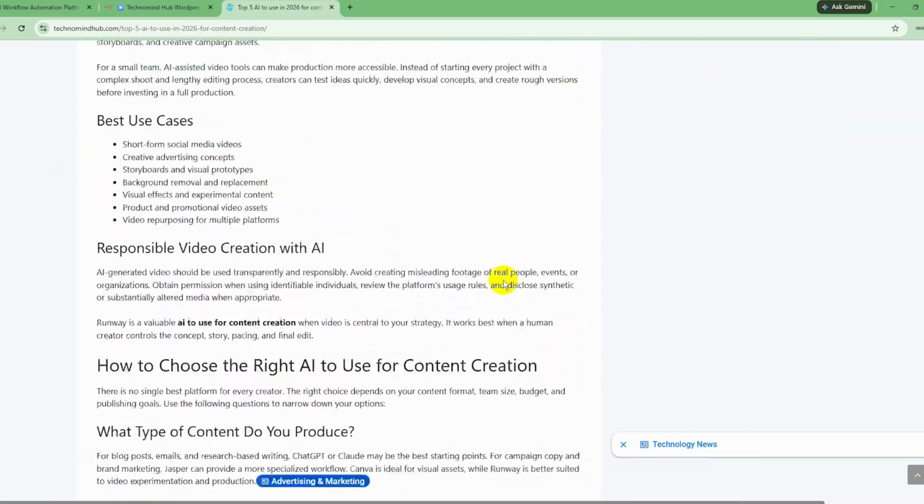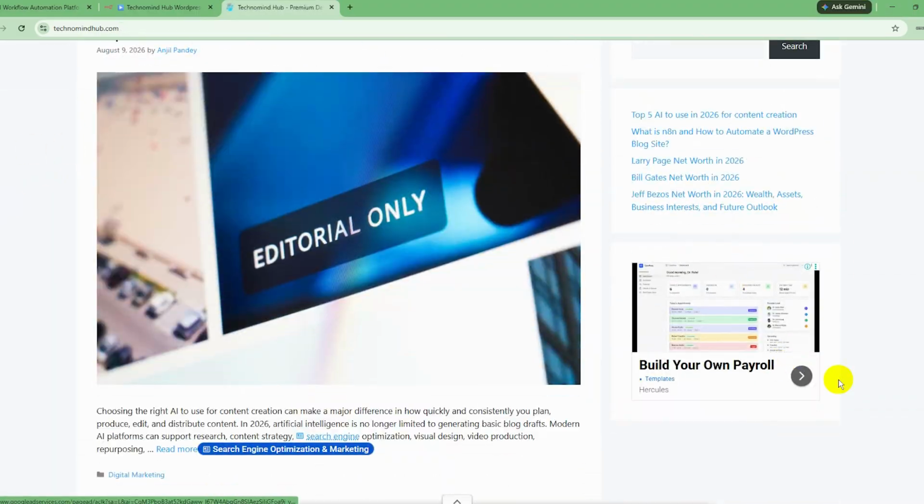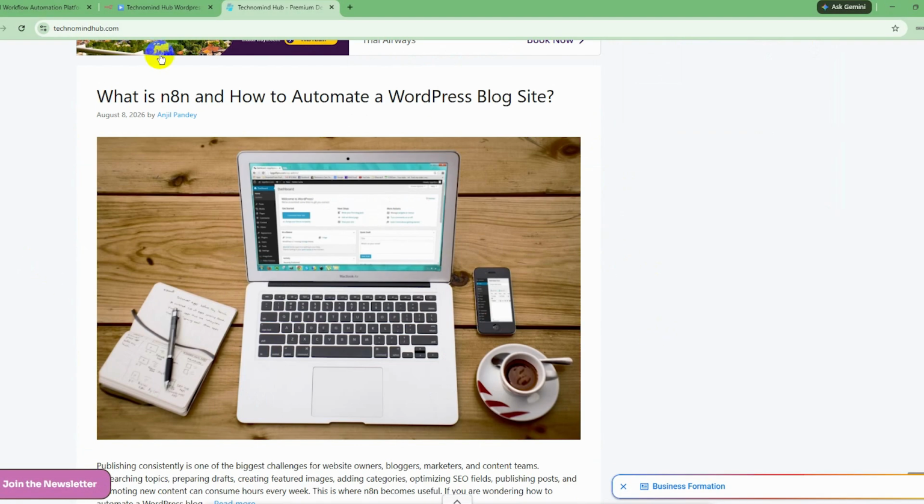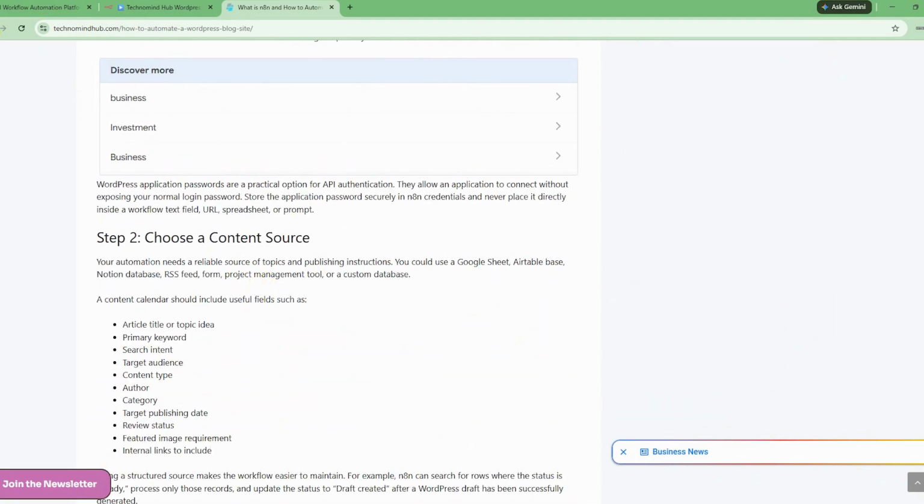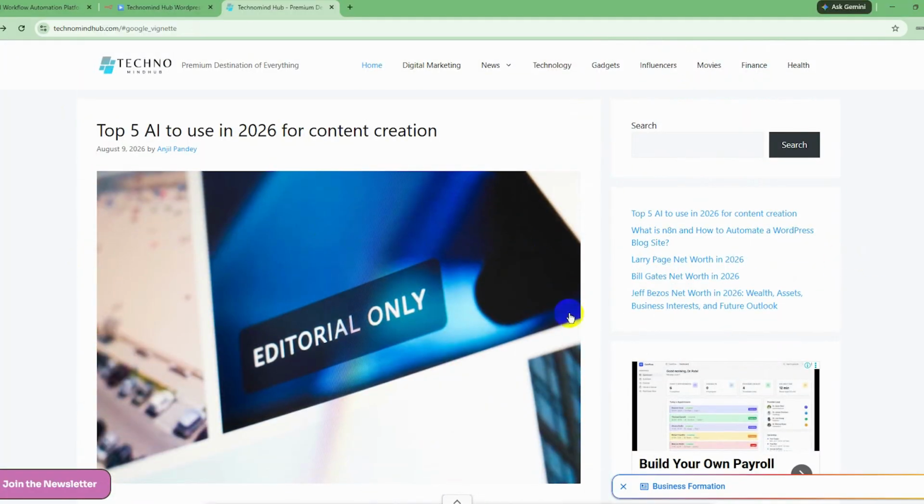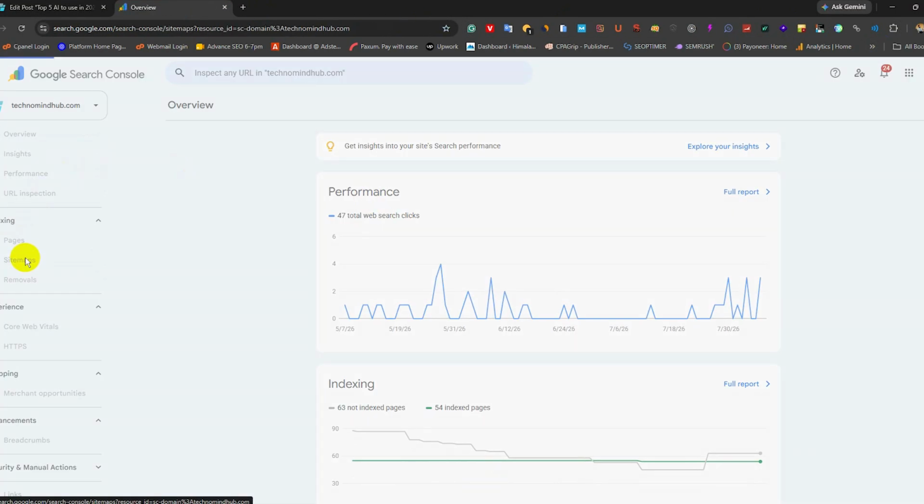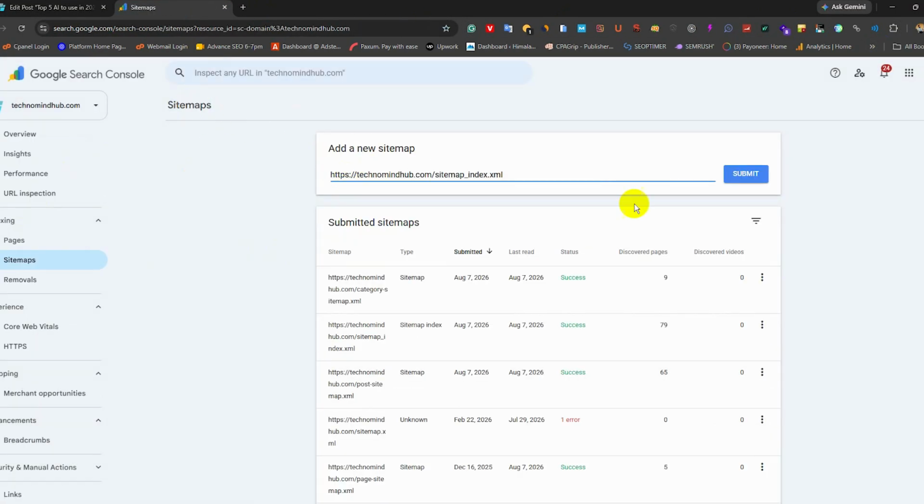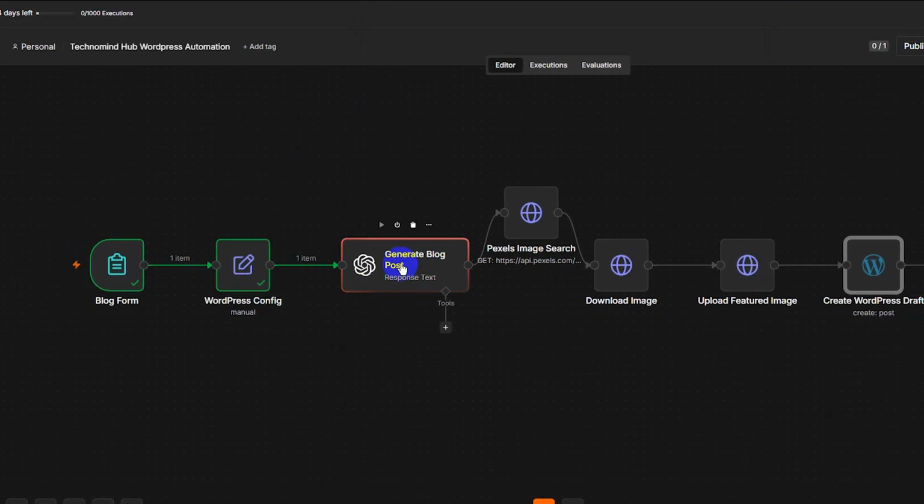Don't use AI and n8n simply to generate hundreds of low-quality articles. Instead, use automation to reduce repetitive tasks and give yourself more time to focus on strategy, research, editing, and quality. So that's how you can use n8n to automate a